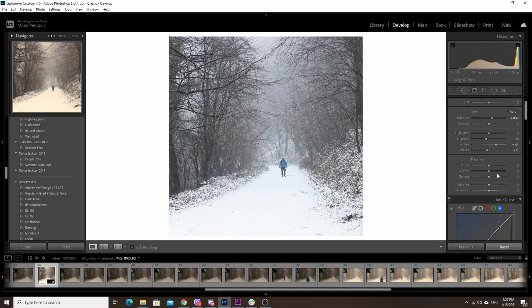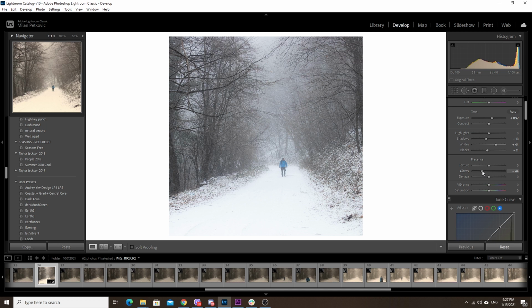Now let's deal with the clarity and dehaze. There was some fog there, and I would like to exaggerate that a little bit. So I'm not gonna add in clarity, actually I'm gonna reduce the clarity. Basically, what people usually tend to do is just boost the clarity all the way, and that's something that I was doing with my photos as well, but lately I'm actually reducing clarity. That's just introducing a little bit of mystery in the photo,